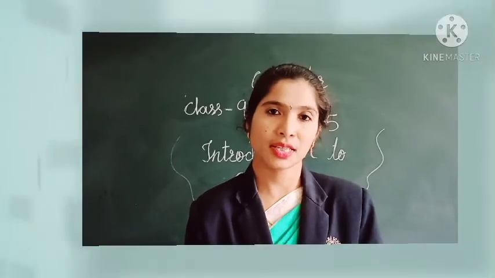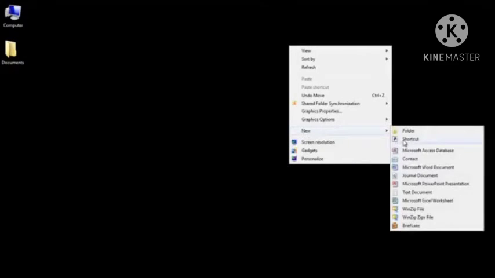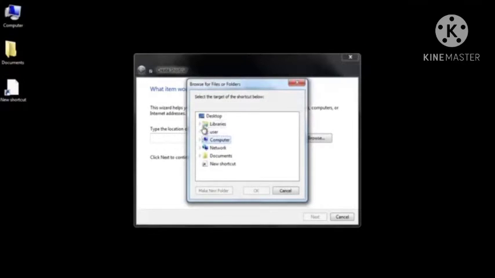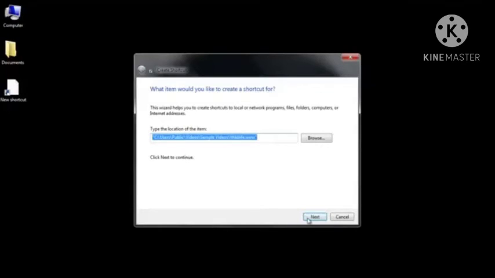Some steps are there. First, on an empty area you have to right click, there the New option will be there and the Shortcut option will be there. Then one empty box will appear. There you have to click Browse and select which shortcut you want to give. And then you have to press OK.